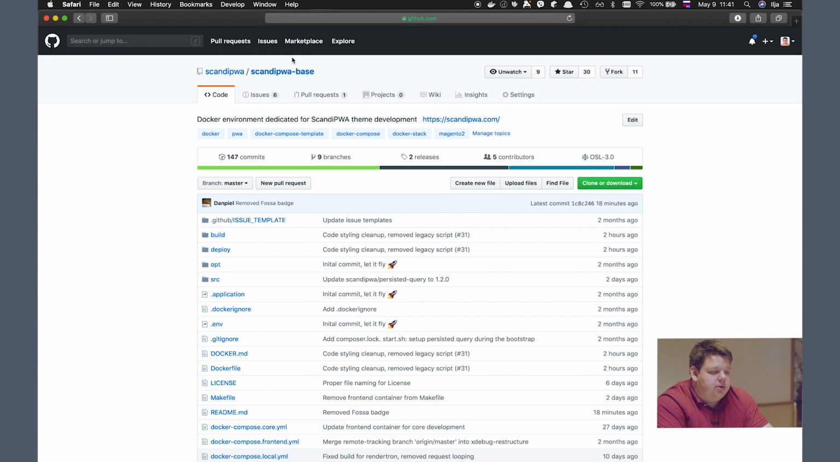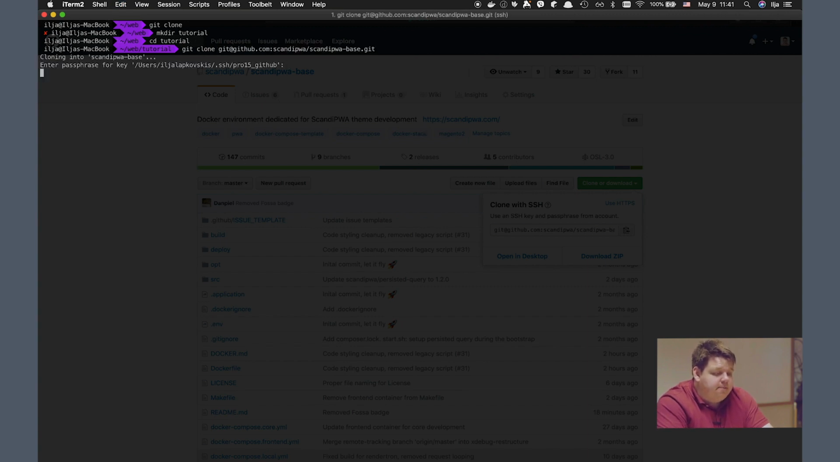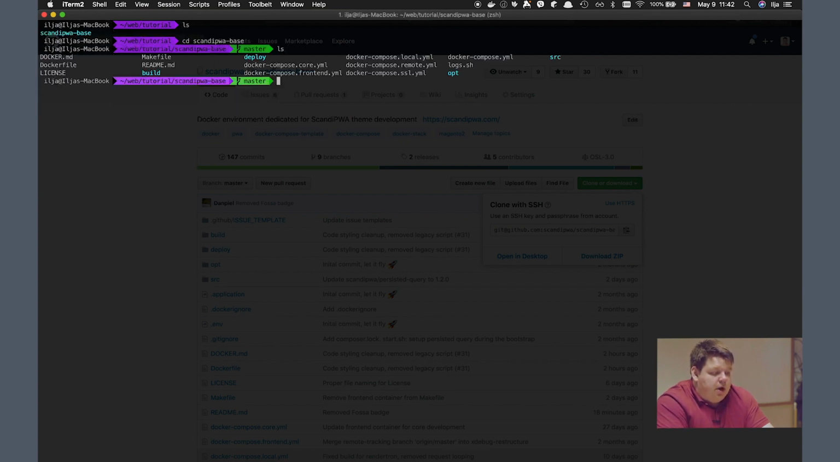So first of all, we are cloning the ScandiPWA base repository to our machine. It's available on GitHub. Okay, the very first step is to run the make cert